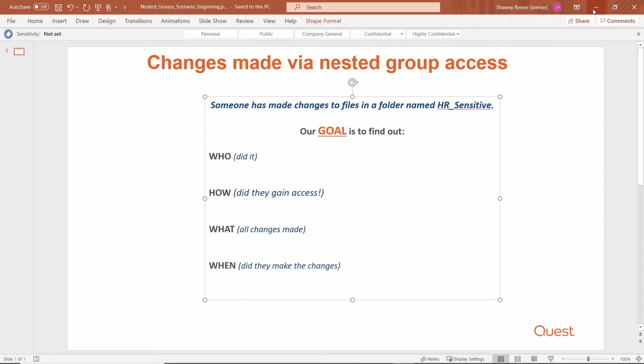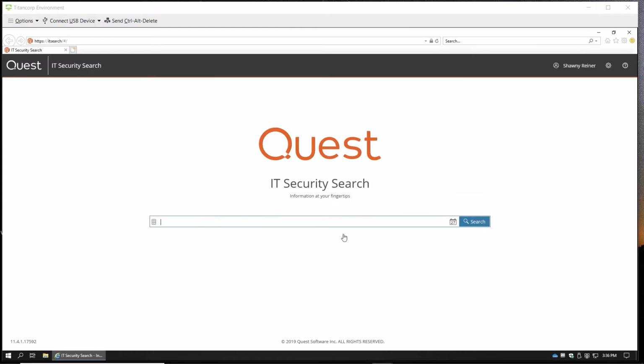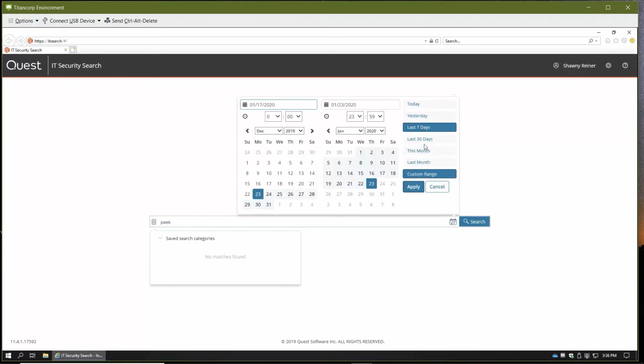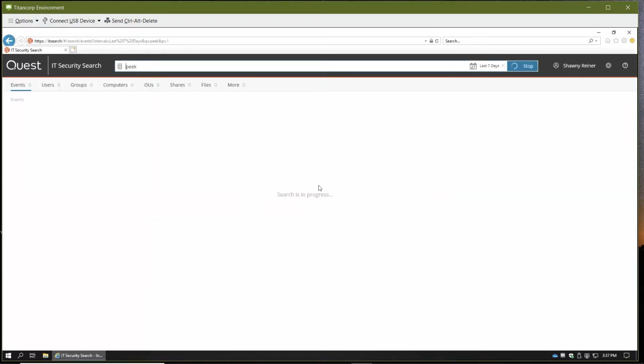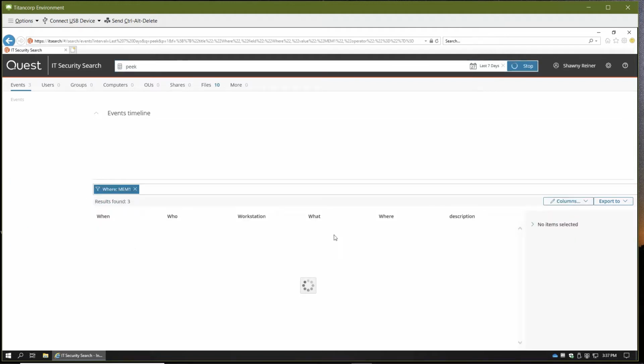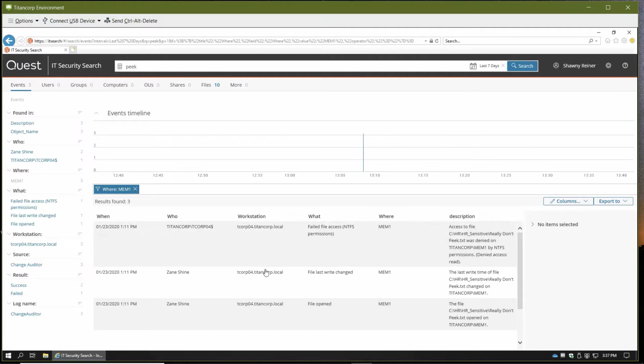Typically, when a trouble ticket has been placed, there'll be some information in it you can use to begin a search, such as the name of the file impacted. So to begin, I'm going to type just the partial name of one of the files and apply a date filter. As it begins to search, it provides information about events and any other related information to this word. I can further sort these events by the categories here in the navigation pane, and in filtering that, it gives me a lot less to look at.